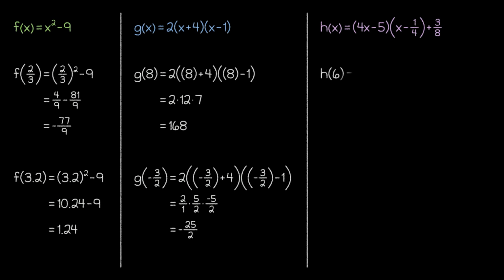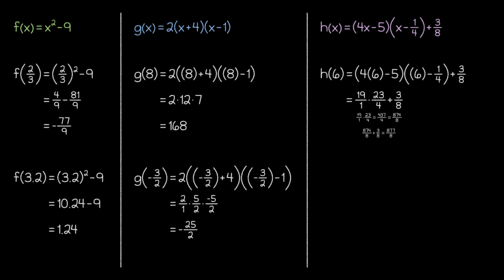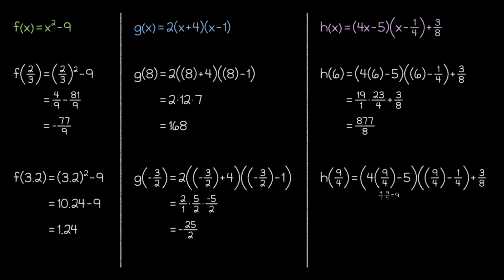And finally, we have our h function, which is quadratic, but is not in any particular form. It does look kind of like the factored form, so we can initially think of it that way, but we'll just have to add one little constant at the end of the process. Whatever way we want to think about it, we'll probably need to use a calculator at certain points when evaluating h of 6. However, h of 9/4 turns out to have surprisingly nice numbers when we evaluate it, and we end up getting a value of 67 over 8.